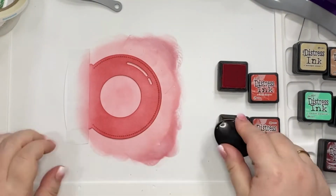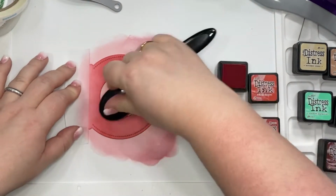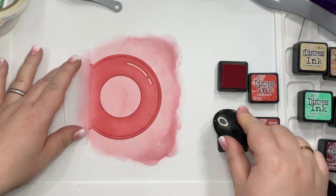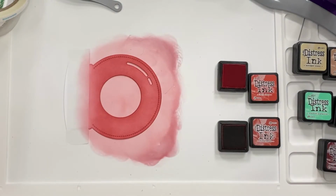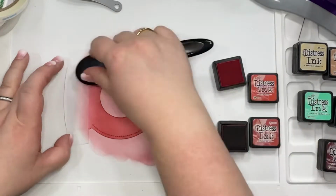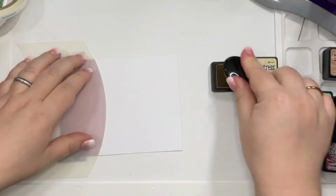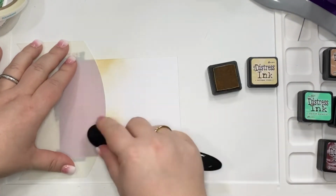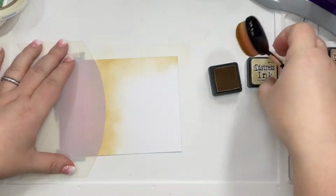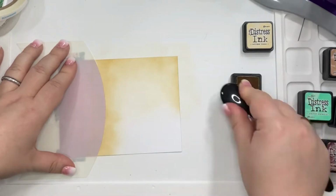So I am using fired brick and aged mahogany to work on my little snow globe here. I am using, what type of tape is that? Sticky tape? Post-it tape. Post-it tape, that's the one. Sorry, I'm losing my words. To block off just the top. So I didn't want the body of this to be a different color, and we'll come back to that in a minute. So I also used fired brick and aged mahogany on the bottom of my scene to create a